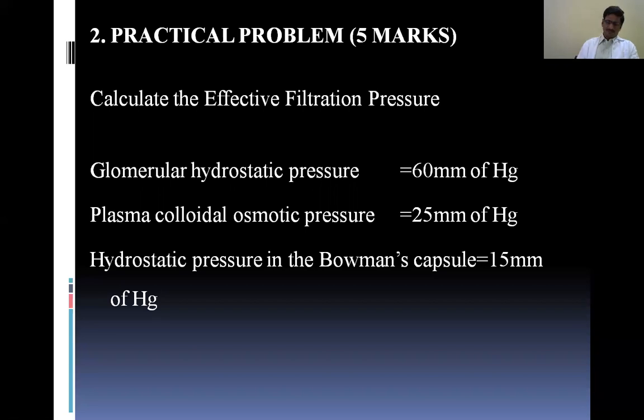So in this case, when the filtrate comes into the Bowman's capsule, it is essentially protein free. It's a protein free filtrate, so it doesn't offer any colloidal osmotic pressure. That's the reason the figures are not given. Suppose you want to take it, the Bowman's capsular COP will be 0 mm of mercury. So using the same analogy, now try to calculate the filtration pressure quickly.